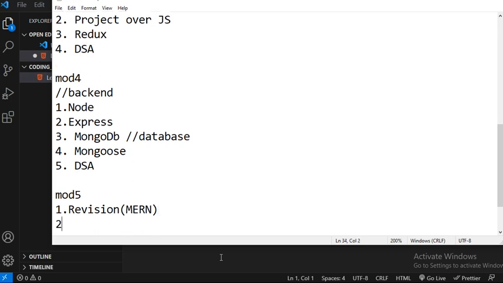After this, the second thing will be your major project in MERN. So what is the major project in MERN? See, you have to create a beautiful layout, a beautiful interface using React. Inside this React, you have to create a good looking front end part. After that, using Node, Express and Mongo, you have to create a backend part. After that, you have to connect your front end and back end with MongoDB Compass,